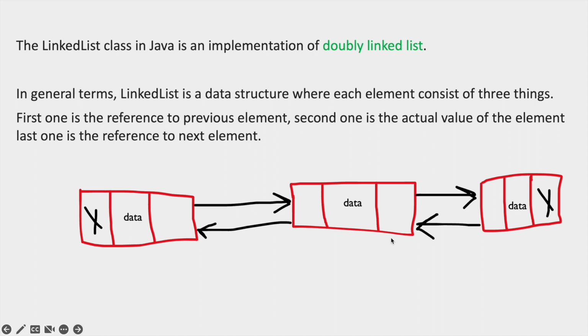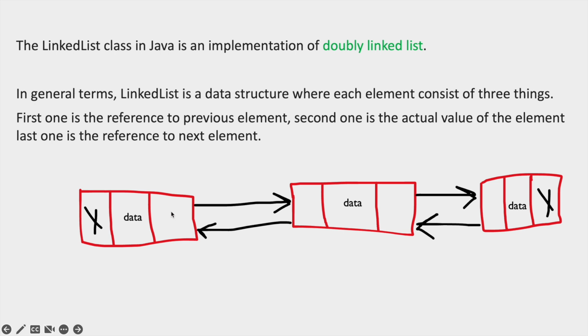If you see this diagram, it has some elements. The first element has three parts. The first part is the reference to the previous element's address, the second part is the actual data, and the third one is the reference to the next element. The first element will not have a previous element, that is the reason it is pointing to null. And the second element, since it is a doubly linked list, we are pointing to